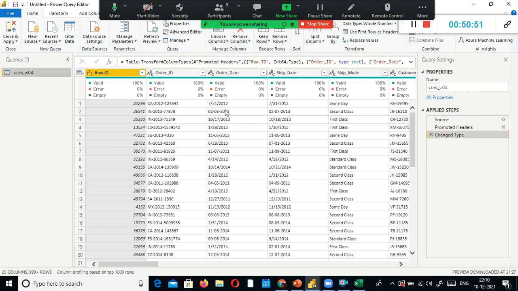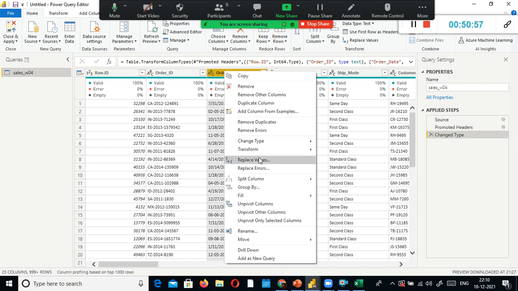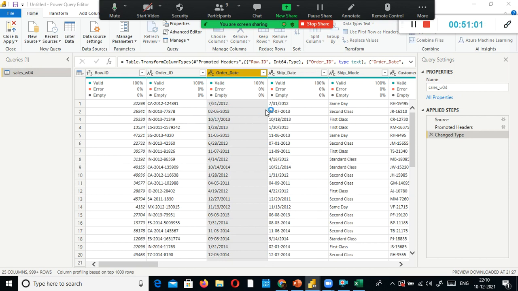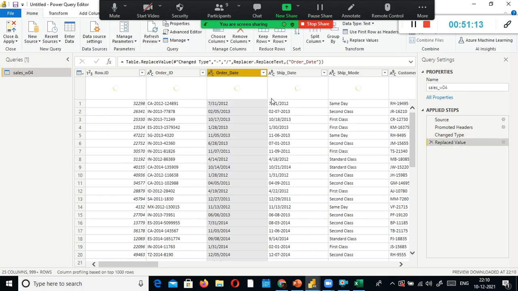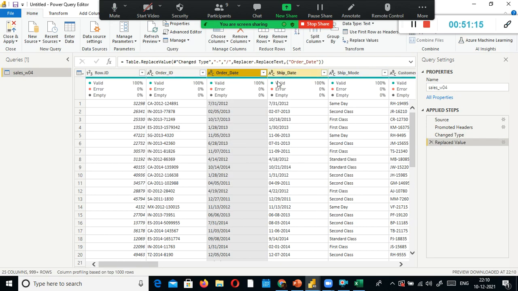Since this is not in a consistent format, I'm going to replace the values, replacing this with a slash.